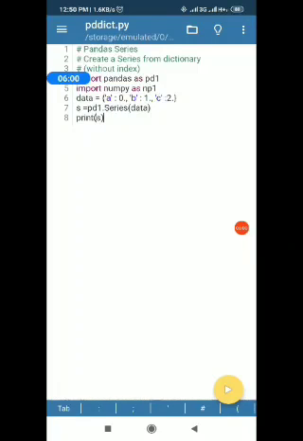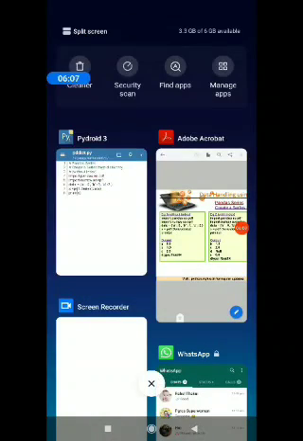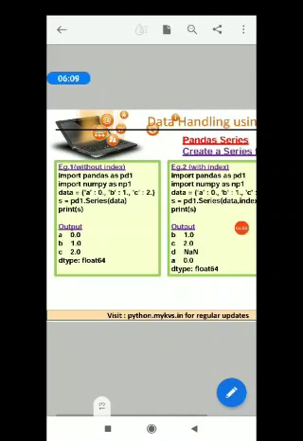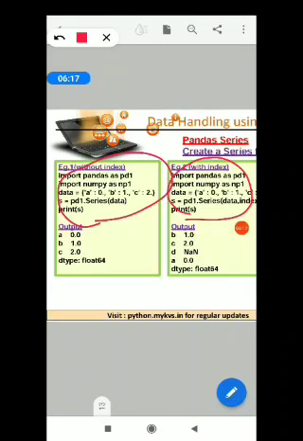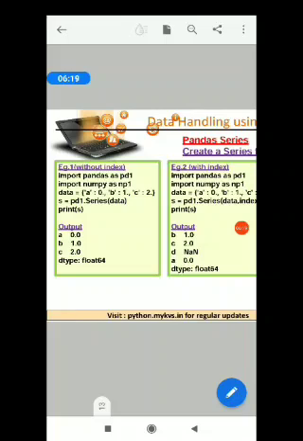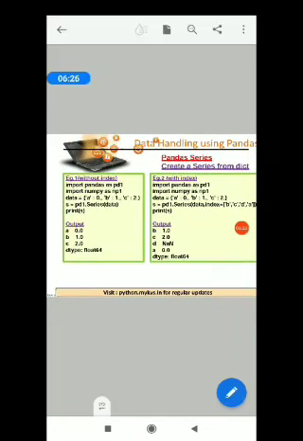Now I am returning to my notes, and here it is. This is the first program I have written. I want you to run the second program in the Pydroid editor and show me your execution screen. Now this is the way we can create a series from a dictionary.